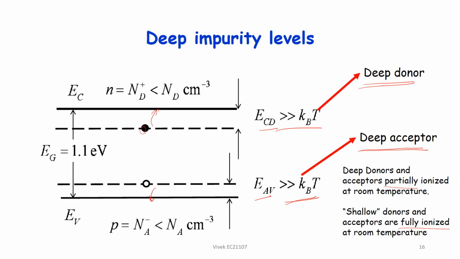Now if we change the temperature, what happens? Say we dope silicon with 10^17 or 10^18 and we change the temperature. If you decrease the temperature, thermal energy will reduce, kT will reduce. If you increase the temperature, thermal energy will increase. Now we have to compare the thermal energy kT with two things. One is the band gap, and the other is the energy difference between the band edge and the defect energy level, so it could be ECD or EAB, between the acceptor and the valence band.